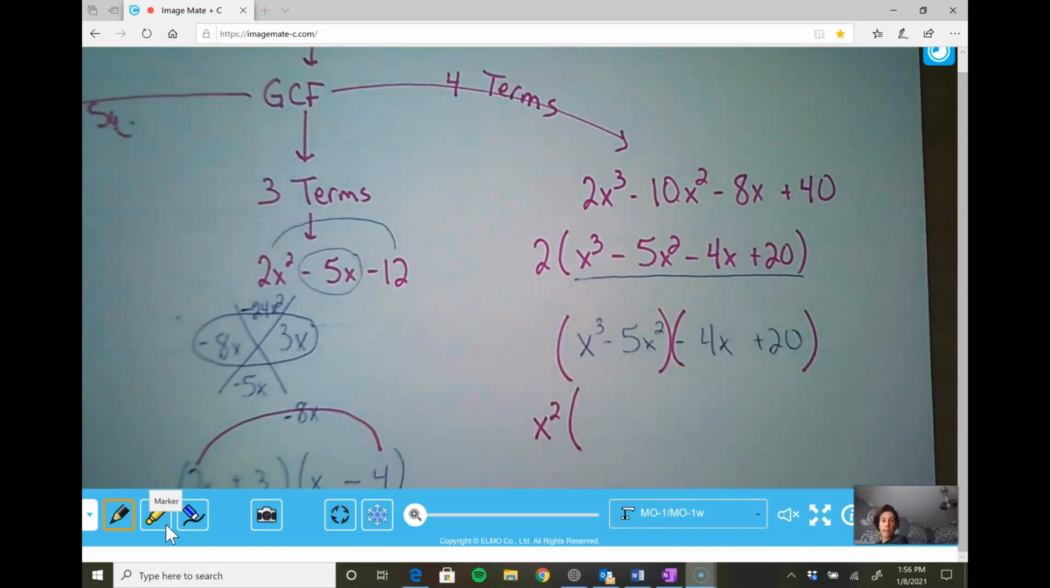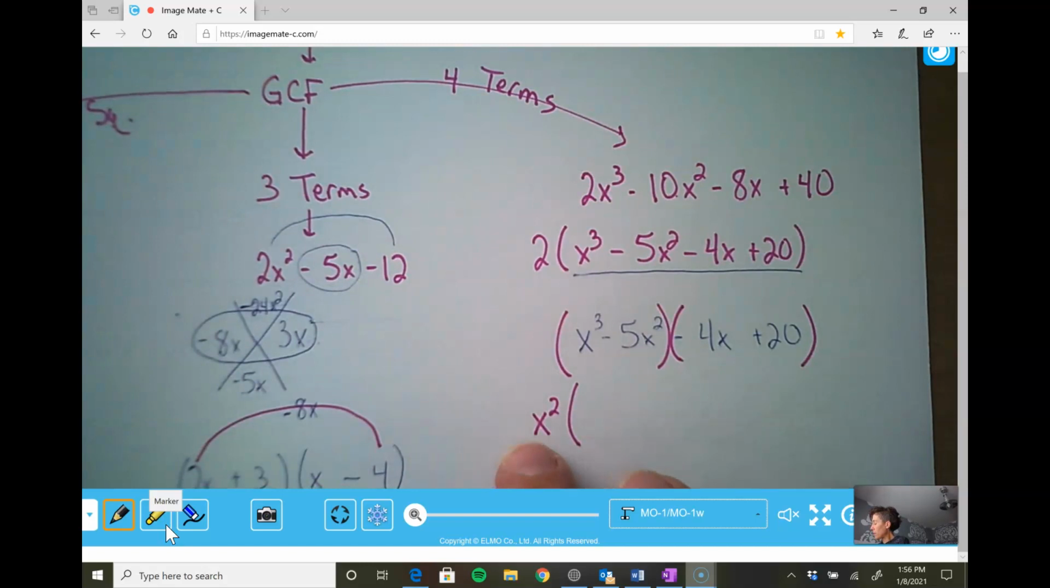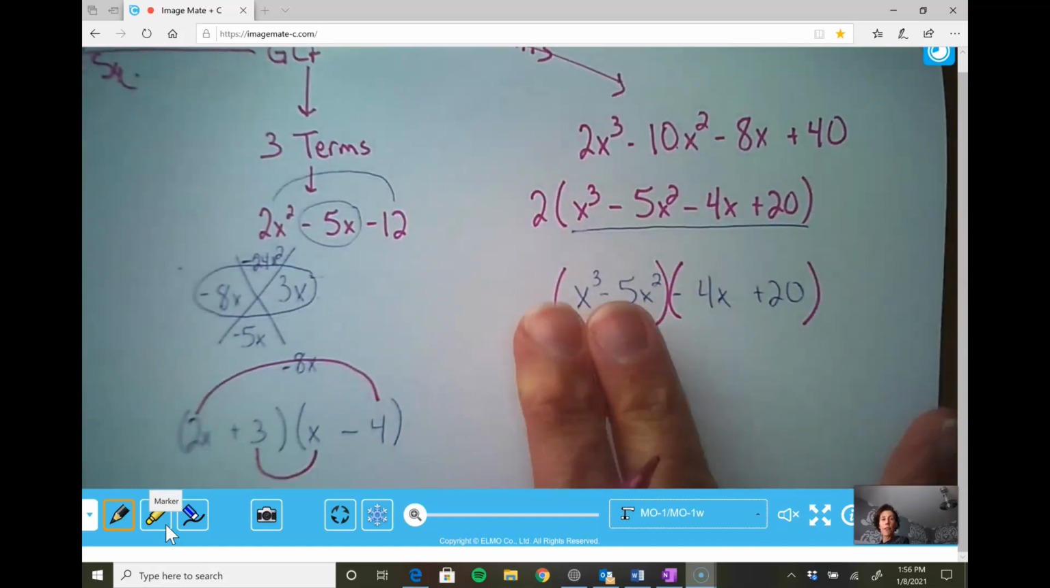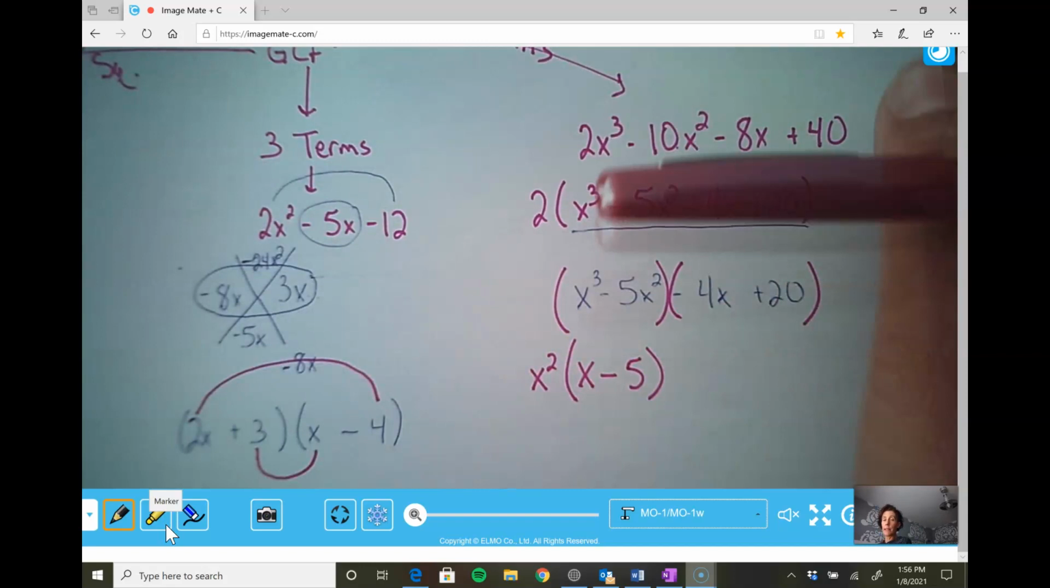And now we're just back to neighbors meeting neighbors. Who did x squared meet to get to x cubed? That would be x. And who did x squared meet to get to 5x squared? That would be 5. Now once you get the first one done, the second one is a lot easier, because